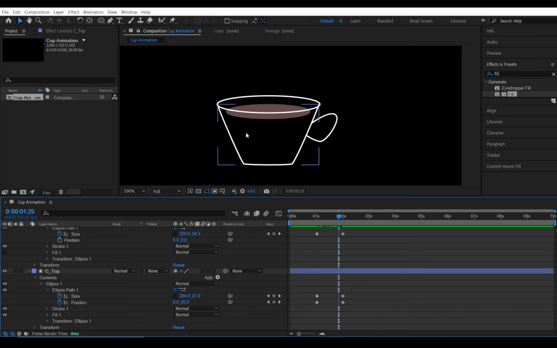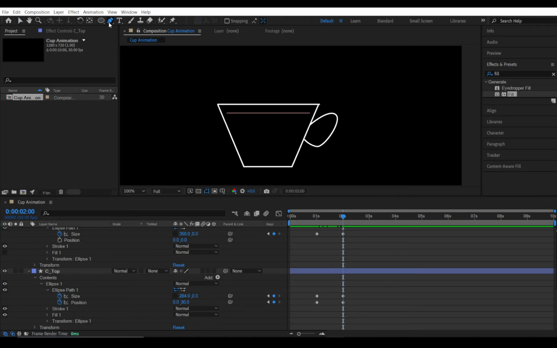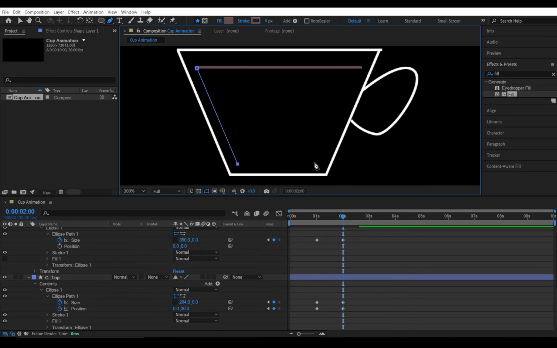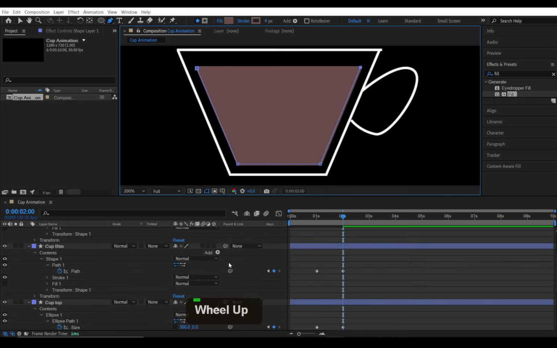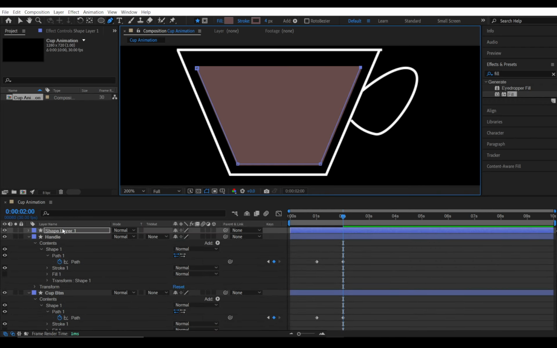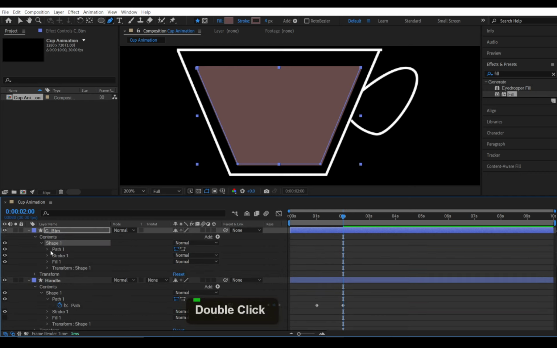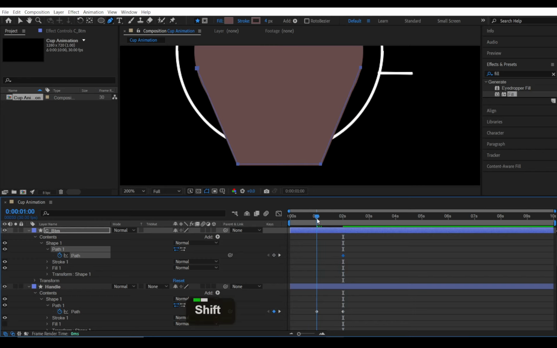We're going to do the same thing for the bottom portion of the coffee. Move it to the side view. Use the pen tool. Click, click, shift click, and click. This one too. Right click, rename, C bottom. Open up the contents, open up the shape 1 and the path. Make sure you keyframe from the 2 second first. Move it to the 1 second. Keyframe it, and using the pen